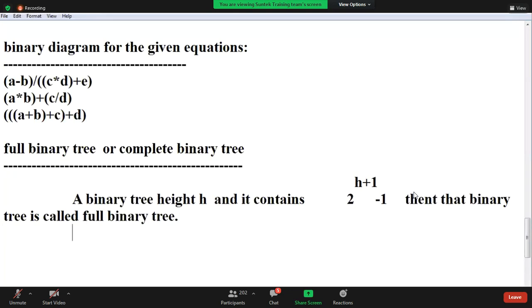Or we can write another definition also. If all levels are completely filled, then you can say it is a binary tree, guys. For example, all levels except the last level, it is having all elements except the last level. Then also you can say complete binary tree, guys.